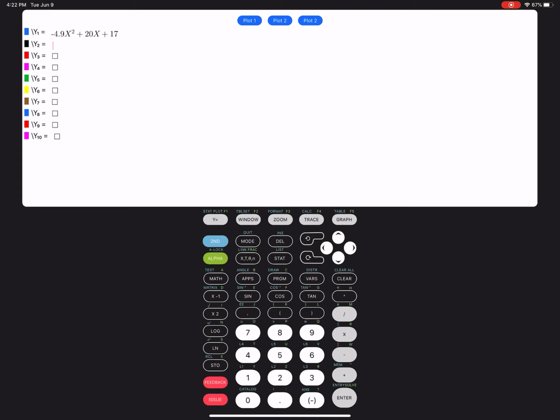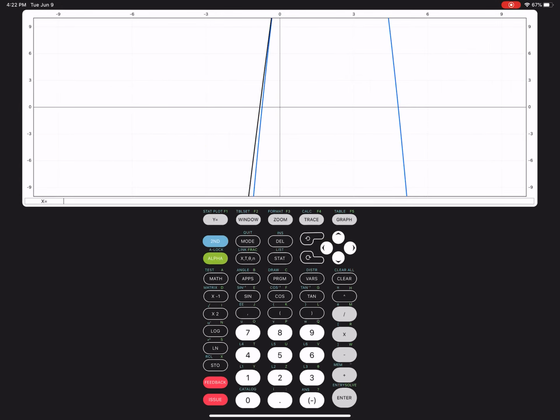And my other one would be negative x squared plus 20x plus 17. And so the black one is the one on the moon, and the